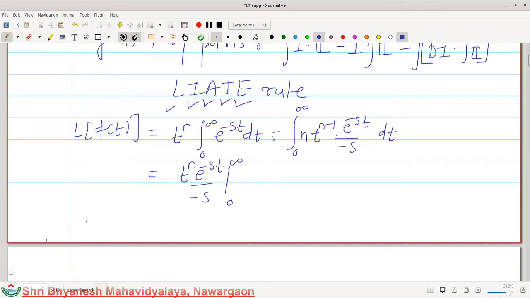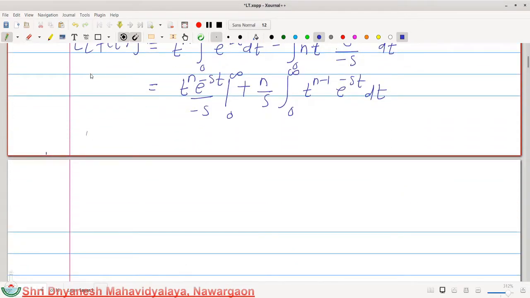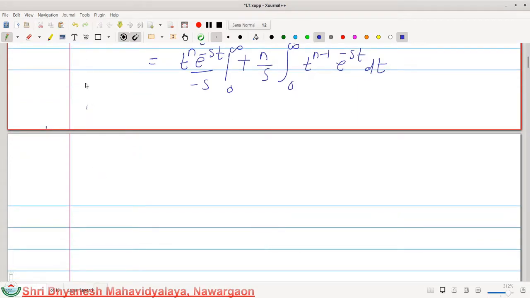We get this minus and this minus plus n upon s integration 0 to infinity t to the power n minus 1 e to the power minus st dt. So we move further in the next step. So Laplace transform of t to the power n equals to,